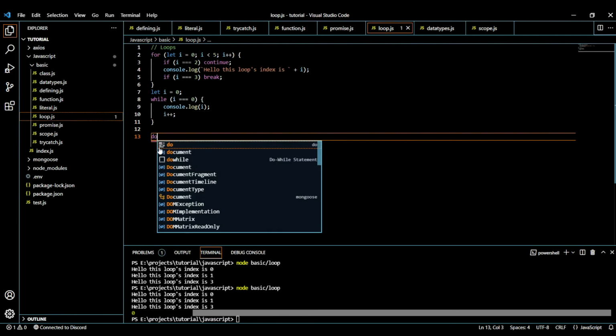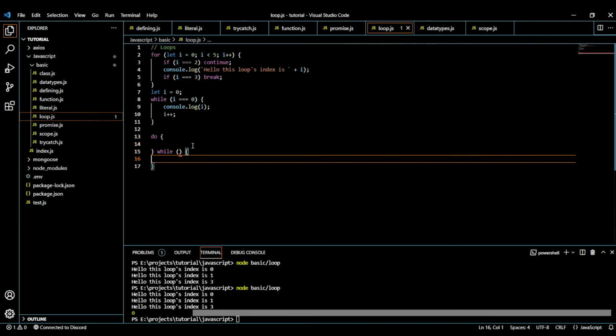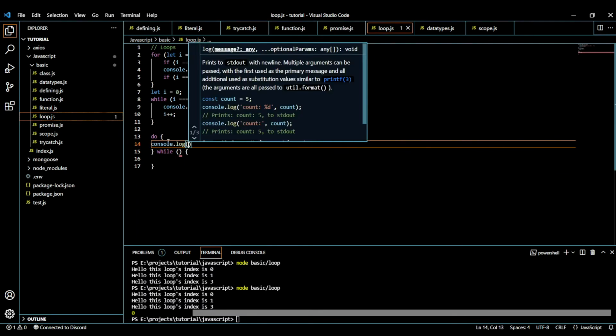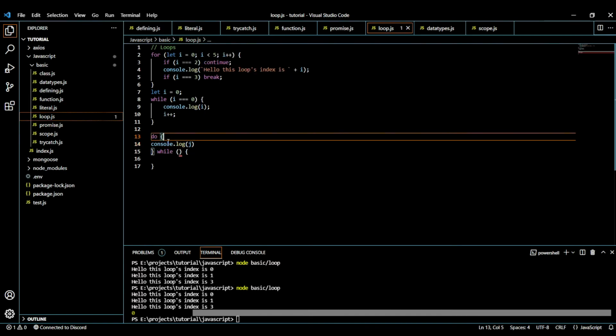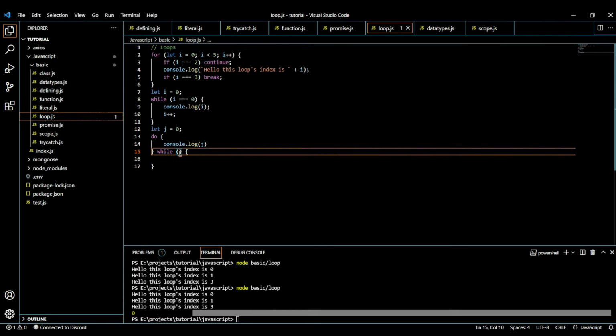We have another loop, do while loop. So it is an exit control loop. For example, it just does everything you ask. Let me show you, console.log j. So let's do let j is equals to 0. So if I do while j is less than 2, j plus plus.